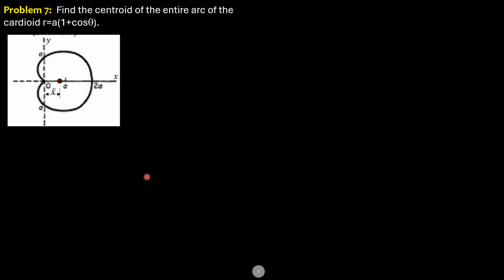Find the centroid of the entire arc of the cardioid r equals a quantity 1 plus cosine theta. And we know that this is a heart-shaped, beautiful arc. And when theta is 0, r is 2a. So that means the cardioid, the heart shape, is flipped in that manner. So as shown in the figure, this is the centroid, definitely. Call that x bar. Then we have the strip,